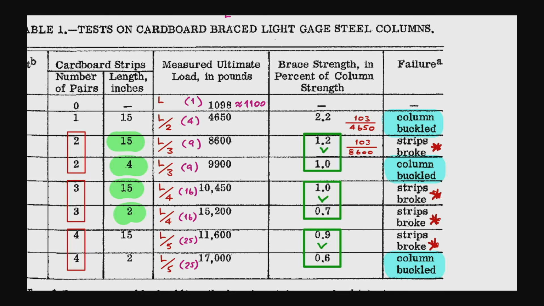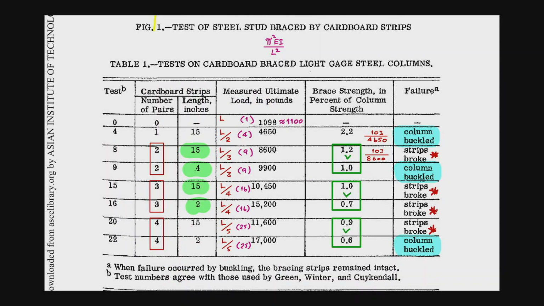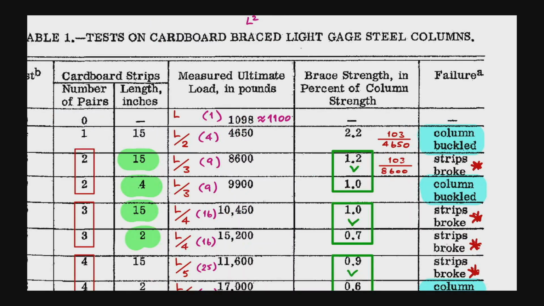First, the unbraced column produces the 1100 pound capacity at the buckling. And when you look at test number 2, the second one over here, what you get is roughly 4,600